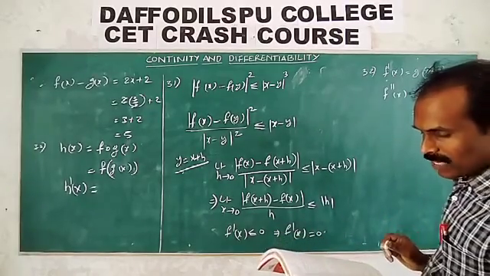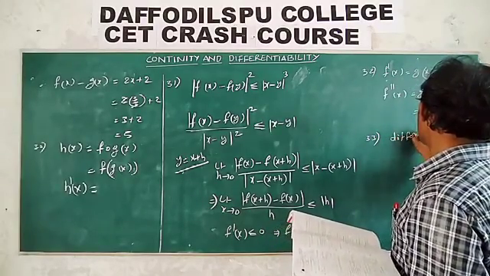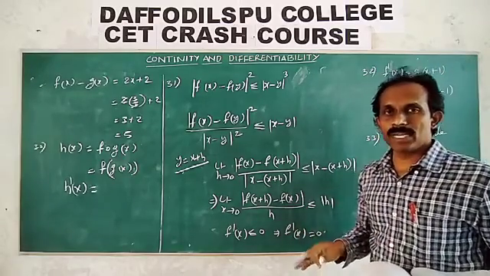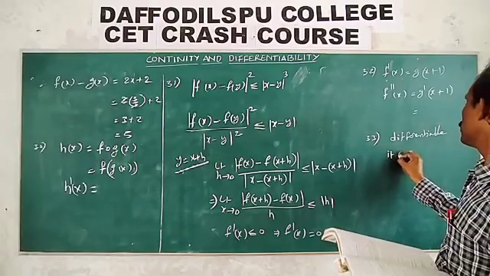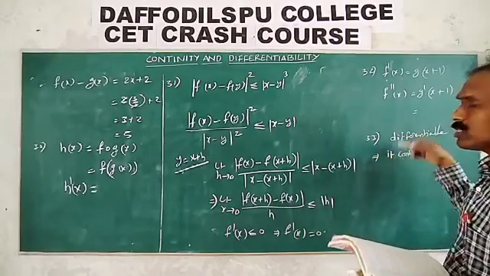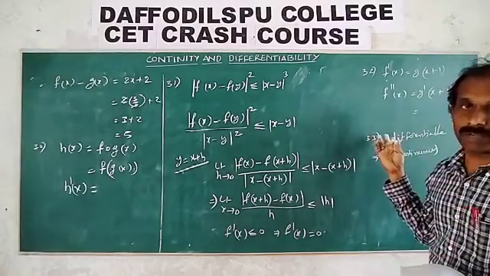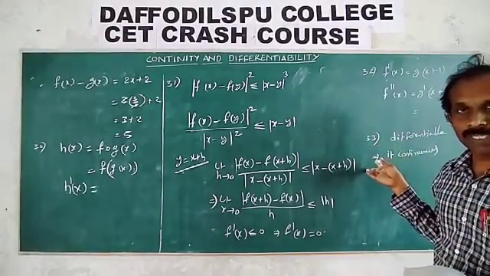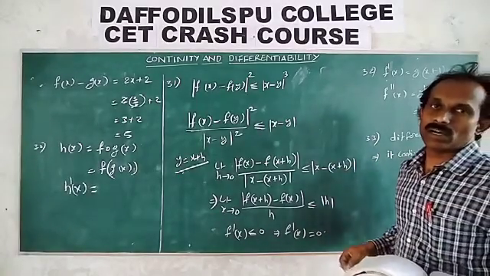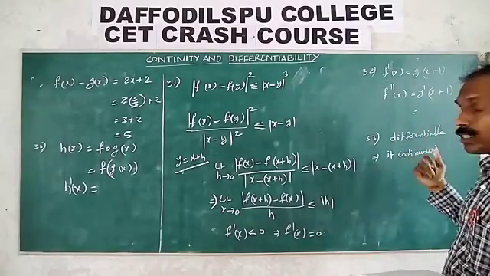33. The given problem is differentiable. Differentiable means compulsorily it is continuous. That implies first continuous, then only differentiable. The converse need not be true. What is the converse? Every differentiable function is continuous, but every continuous function need not be a differentiable function. The theorem is also there in our theory. So like that, first given that the problem is differentiable, automatically it is also continuous.